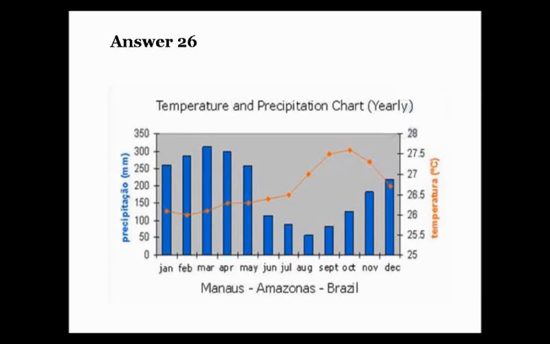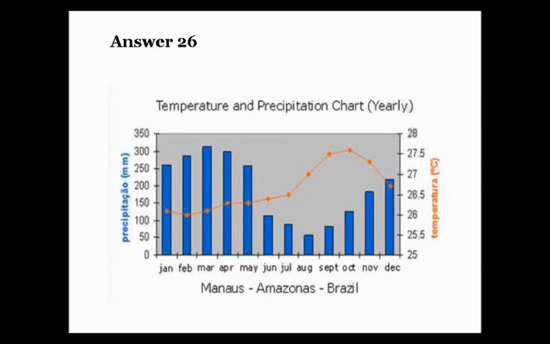The graph gives information about the temperature and precipitation chart yearly. To begin with, we can see that there are several sections in this picture, including Manaus, Amazonas, and Brazil. According to the graph, for temperature, the largest number can be found in October, which is about 27.5, while the